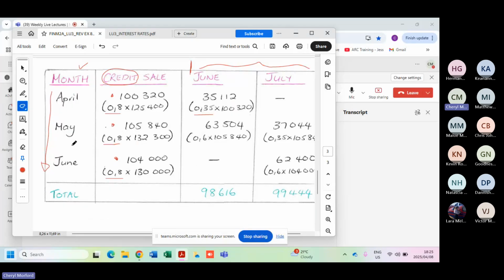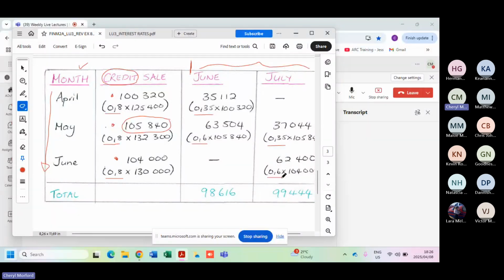Okay. Now we come to May. Here's my credit sale. Let's get the timing sorted out. First receipt is a month later. That gets me to June. What's the percent? 60. Second and final receipt, the second month after the sale. So that gets me to July, 35%. There are my numbers. Now let's get to June. First installment, 1 month later. So that gets me to July. The percentage is the 60%. No discounts in this particular case.